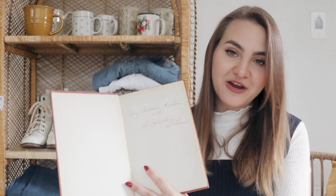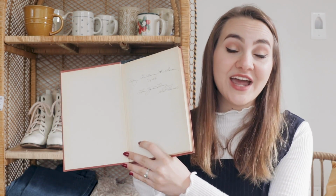It has an inscription on the front, which is my favorite thing in the world. It says Merry Christmas. I can't read the second part. 1944, for your library, Aunt Maroon. Anyway, it's beautiful, and it's got this cool look from when they couldn't print that many colors,